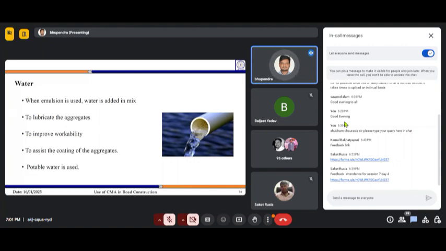And what quality of water can be used? Specifications are given for all construction purposes. For cement concrete also, what kind of water can we use? Potable water is advised. Similarly, in cold mix asphalt also, potable water is advised. So these are the three major components, and this third component is what makes cold mix asphalt different from conventional hot mix asphalt, because in hot mix asphalt and warm mix asphalt we don't want any water to be present, but here we are adding extra water.